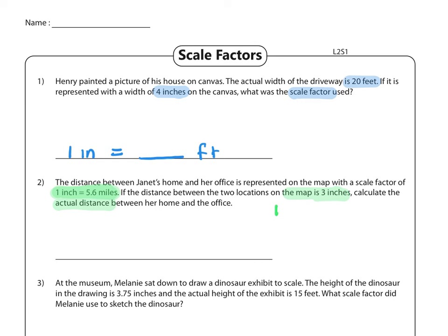We would start with 1 inch and 5.6 miles. That came from the scale. And now since they gave us 3 inches, I know that has to go on top. And I'm trying to find the miles, and that would correspond with the actual distance. So I'd like you to continue the